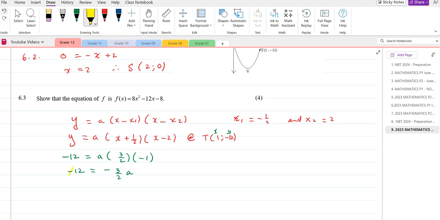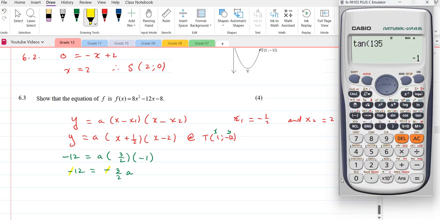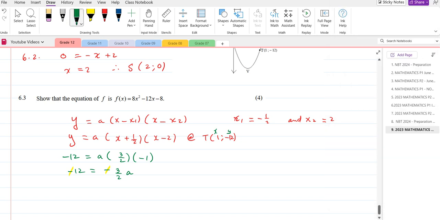Cancel out the negatives on both sides. So you multiplied by 2 and divided by 3, or just say 12 divided by 3 over 2. So I'm getting 8. So the value of a is equal to 8. Right, so now y is equal to, take the value of 8 and substitute it back in here and